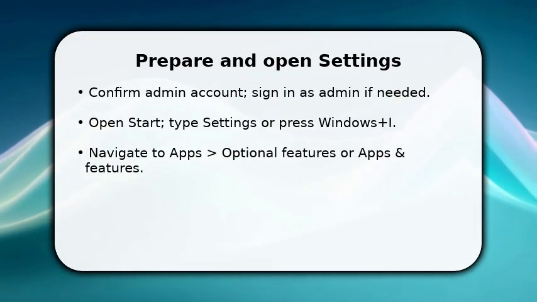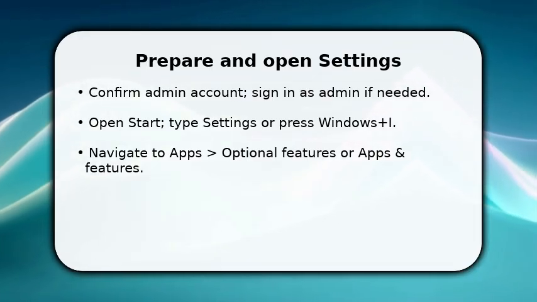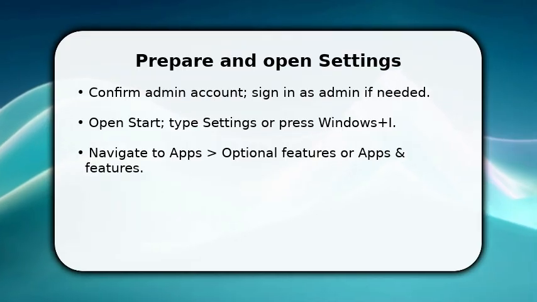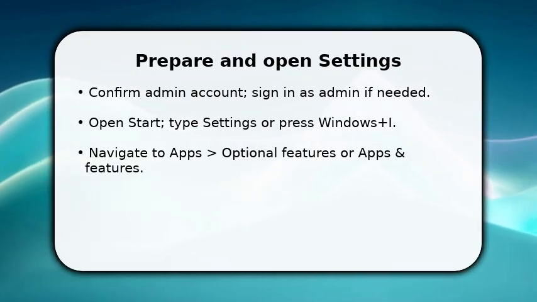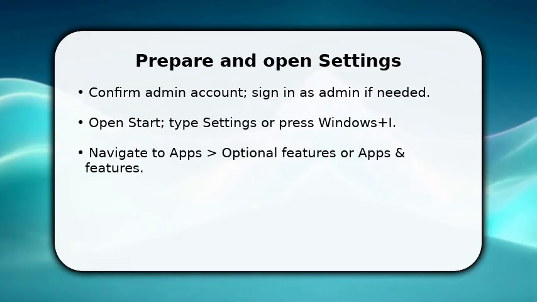Now go to Apps and then Optional Features or Apps and Features depending on your Windows build. You're starting the process immediately. Find Snipping tool listed as an app or feature. If it isn't visible, you'll move to Group Policy or Registry next, so keep admin access ready and proceed to